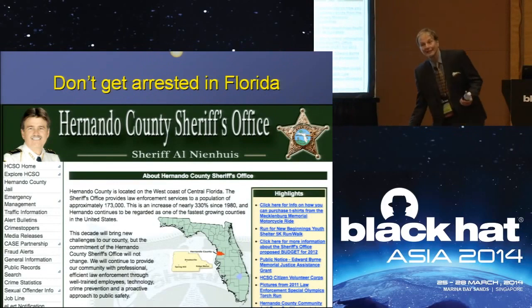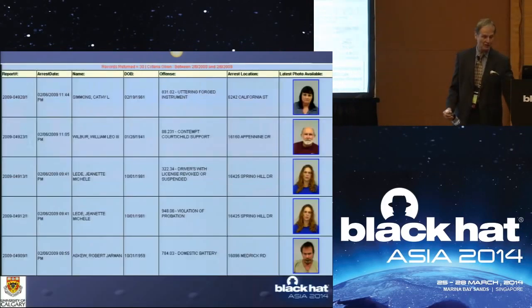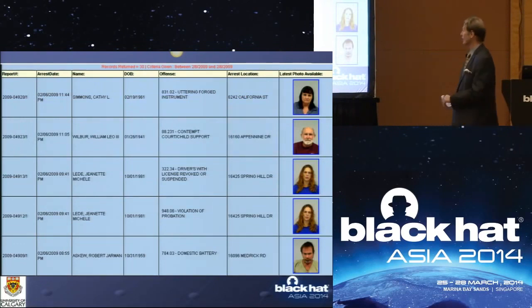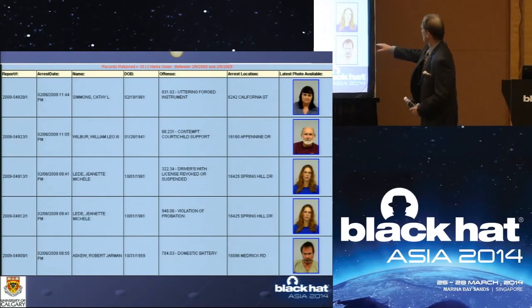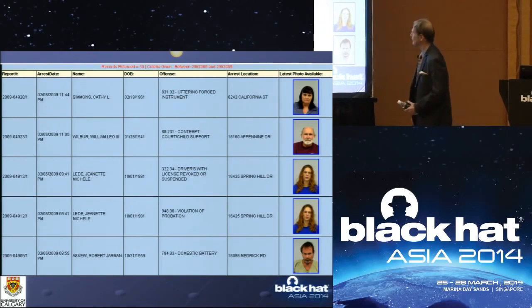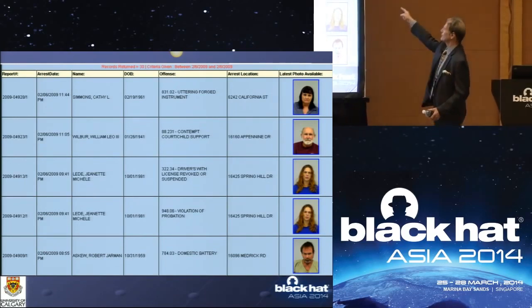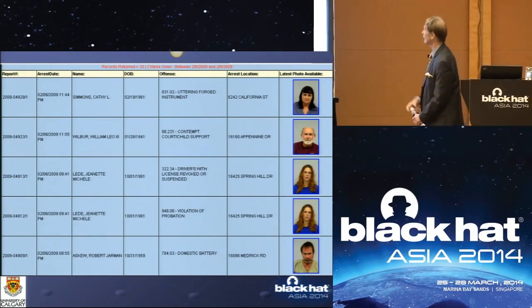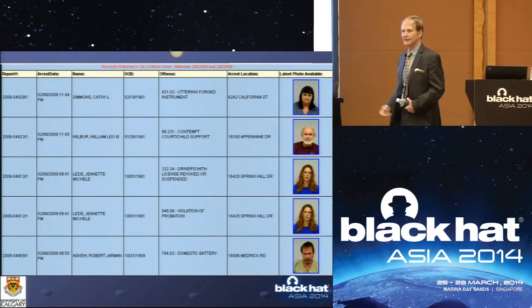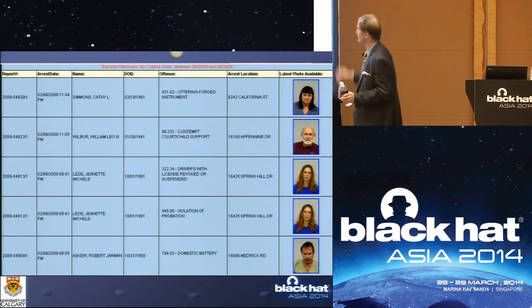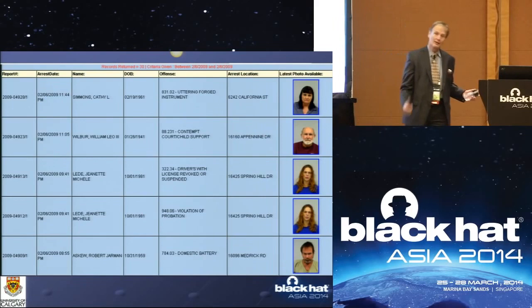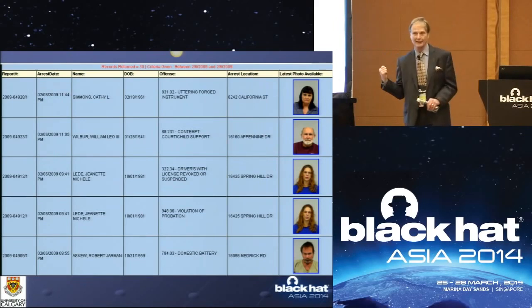And of course, the way that they show that they're doing a good job as sheriff is they show you who they arrested. So there we have the mugshots of Robert Jarman Askew for domestic battery. She violated probation and drove with a suspended driver's license, and so on and so on. And the thing to know is that these are people he arrested. We don't know that they're guilty of these things. We just know that he arrested them for that. The other thing is that it stays up there for 30 days.